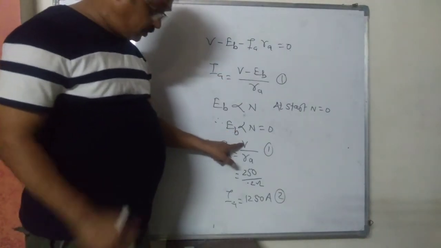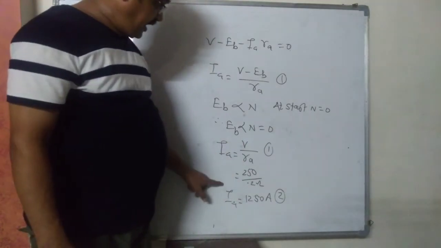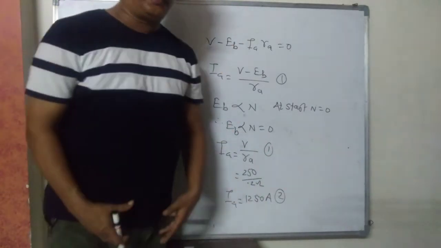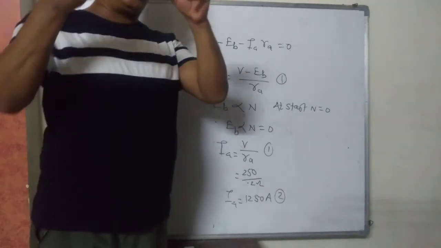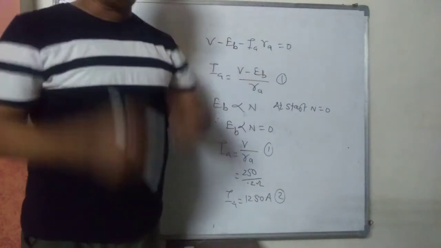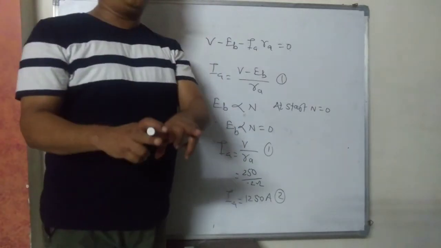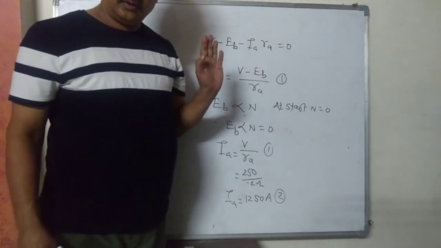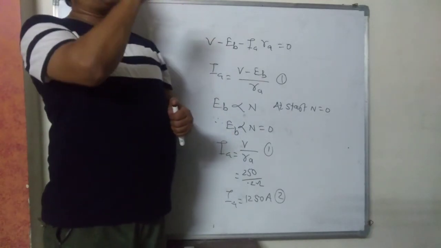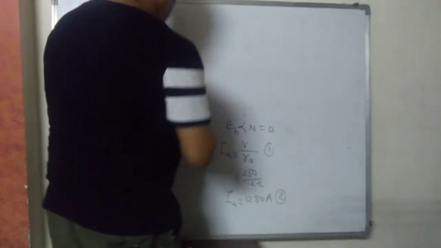If V is 250 volt supply voltage and armature resistance is negligibly small, suppose 0.2 ohms, then at the start the current will be 1250 ampere, excessively high. The motor cannot tolerate this and it may be damaged. So to avoid this damage, it is essential to control the initial armature current, and the current can be controlled only by using a resistive arrangement. That resistive arrangement is the starter. In the figure you will see the resistive arrangement with different positions 1, 2, 3, 4 and so on. I cannot draw the figure but I will show you a simple arrangement.